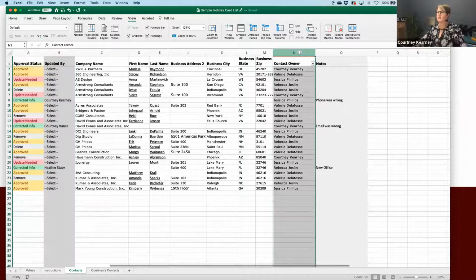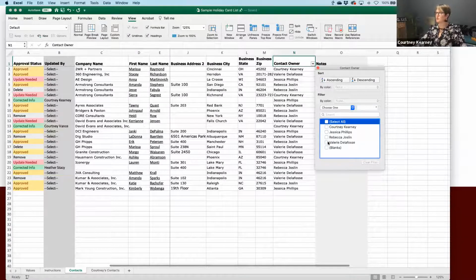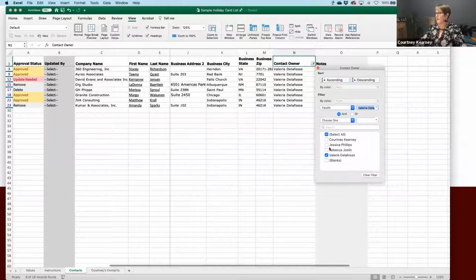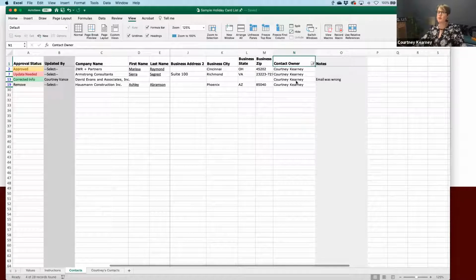The reason I wanted to filter this one is in the event that, say, Valerie wants to see only her contacts that are assigned to her, she can go ahead and reduce it to just her contacts. Or if I'm the one cleaning and I only want to see mine, you can quickly filter through. Now, if you've got Excel newbies and the filter scares them or they don't quite understand that, you absolutely can